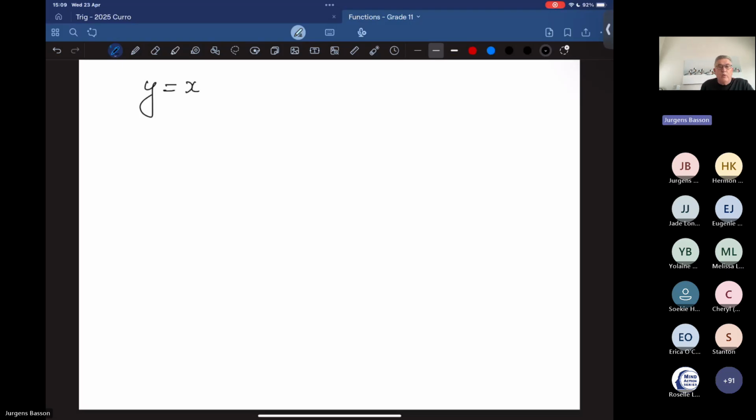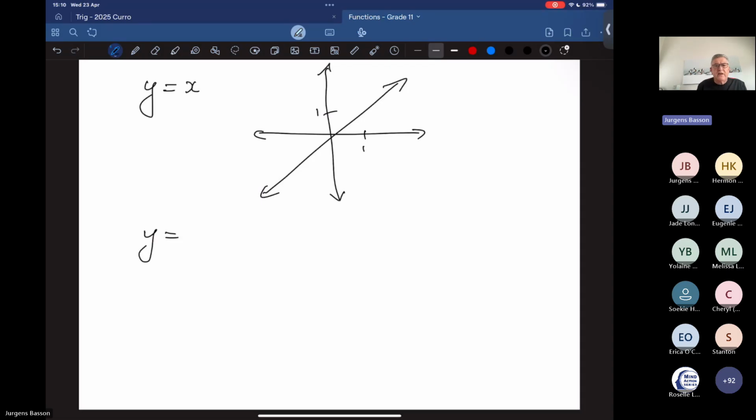Never a dull moment. y equal to x, the straight line graph. We also refer to this as the linear function, and it's very straightforward. Why a straight line looks like this, the y equal to x. I don't think I need to explain it, because if x is 1, y is 1, and that is why the equation is y equal to x. What I would rather like to quickly focus on is what happens to a straight line graph if you square